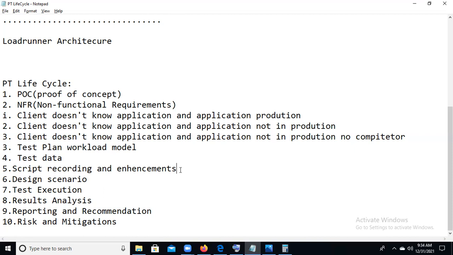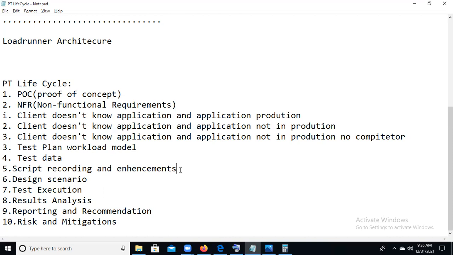Okay, so everything we can mention in that document, in the results analysis. For example, if we do not meet the SLA, the service level agreement, say one of the transactions, flight payment, has an SLA of 5 seconds, but it is taking 8 seconds. So we need to dig into the issue, where it could be. That is our bottleneck. We need to find where the problem could be.